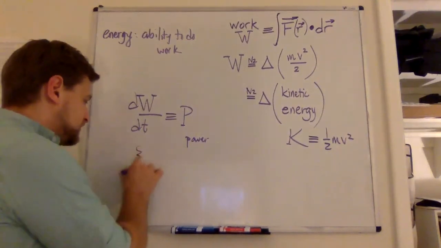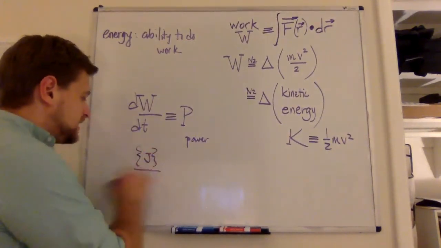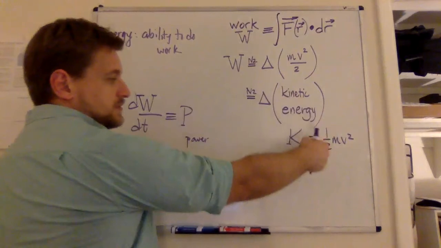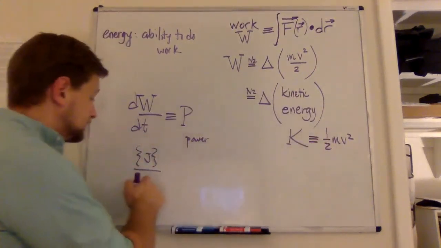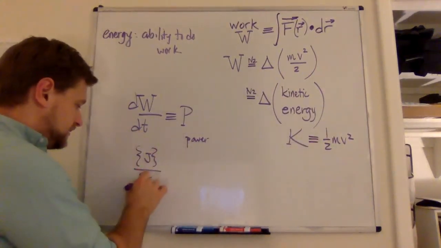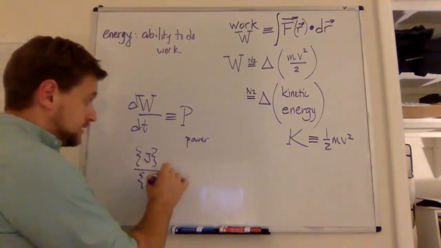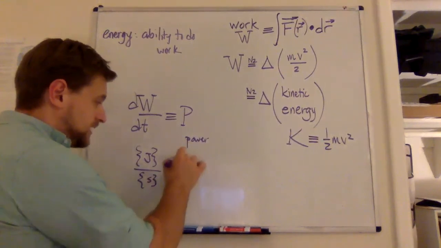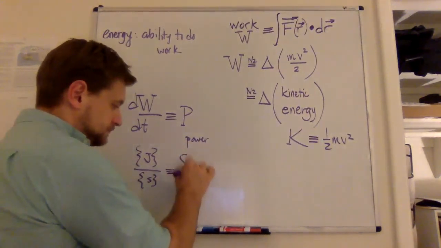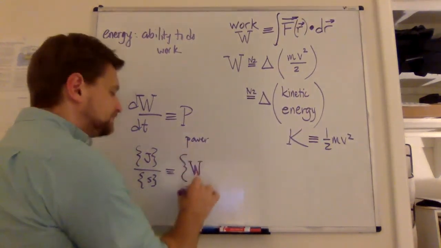Work is expressed in units of joules, we said, which means so is kinetic energy, by the way. Time is expressed in units of seconds, so power is joules per second, or we could define that as, sorry,